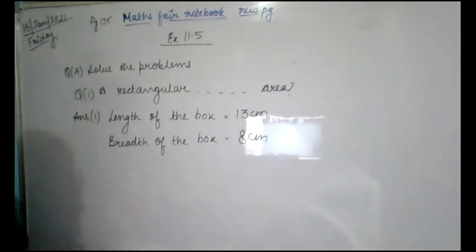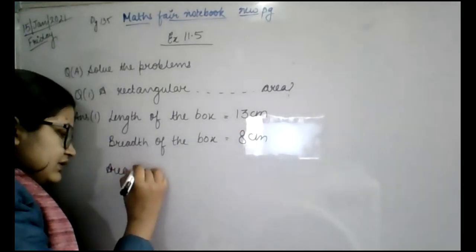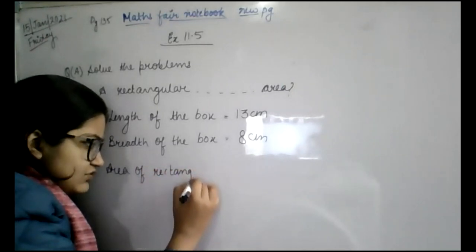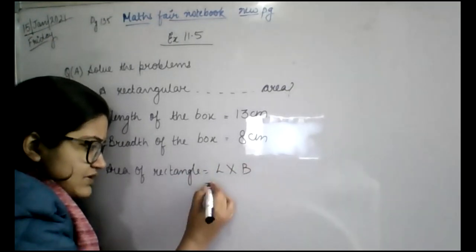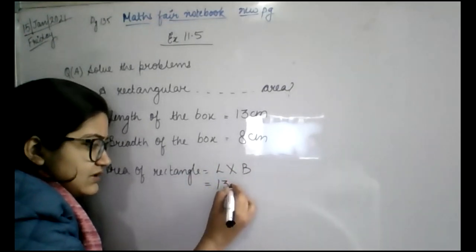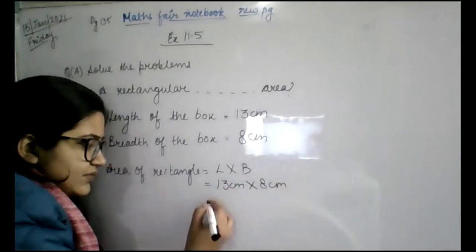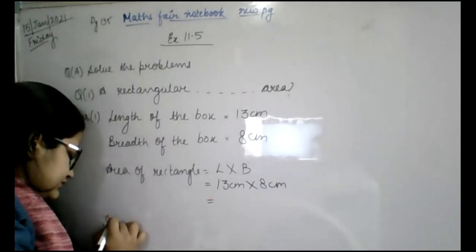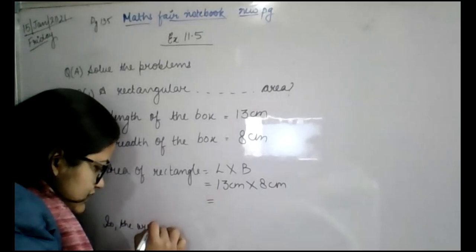Now write down the area. What is the formula for the area of a rectangle? Length into breadth. Area is equal to L into B. So under L you will write 13 centimeter and under breadth you will write 8 centimeter. Just multiply it and get your answer here. So the area of the box is